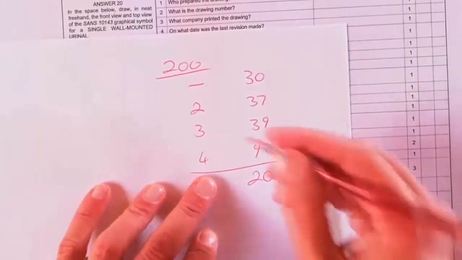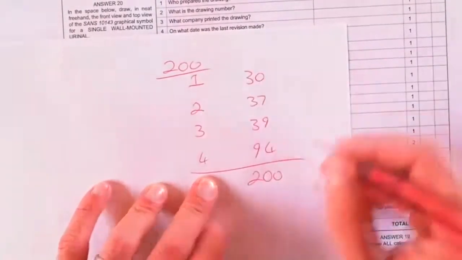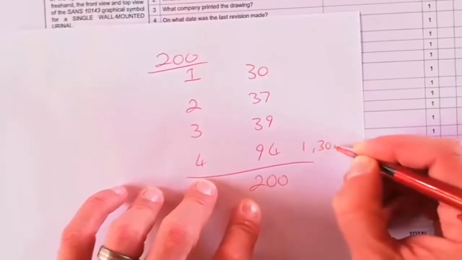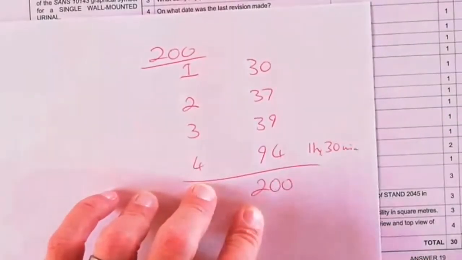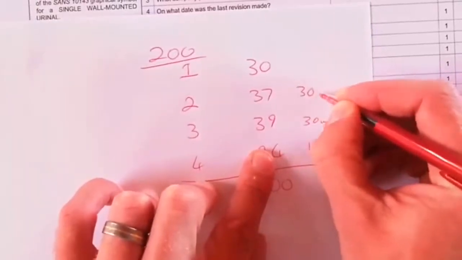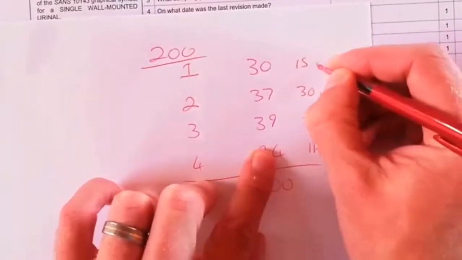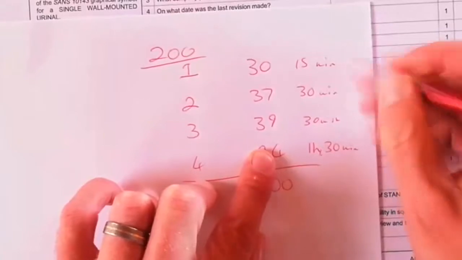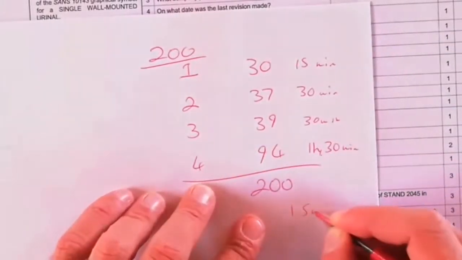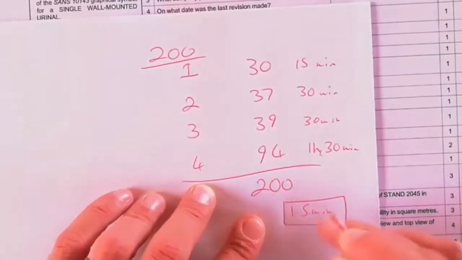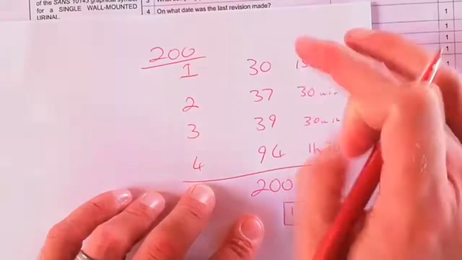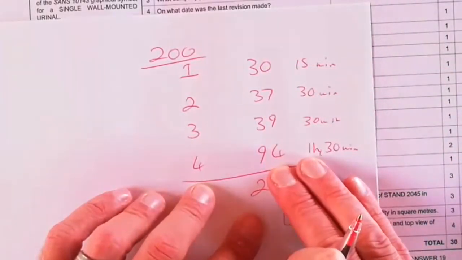Now just take a moment here. If we spend an hour and a half, because this is almost half of the marks, 1 hour and 30 minutes, and we give 30 minutes to each one of these, roughly, and we spend 15 minutes on the first question, it gives us 2 hours and 45 minutes, which leaves us 15 minutes at the end to go through the drawings and double check. And I'll show you what to check for to really make sure you haven't missed any marks